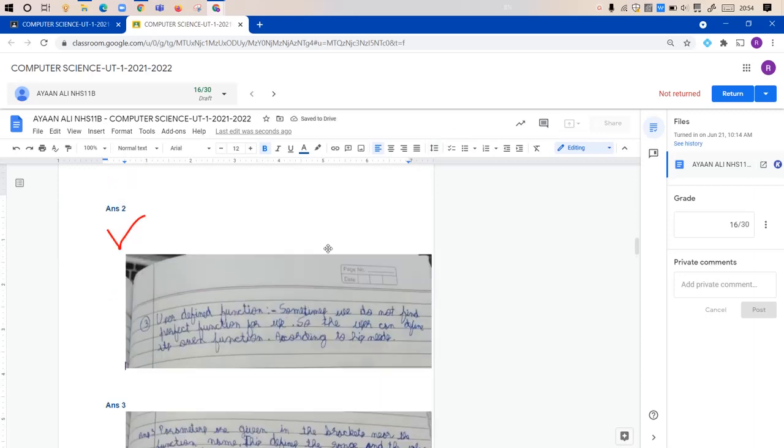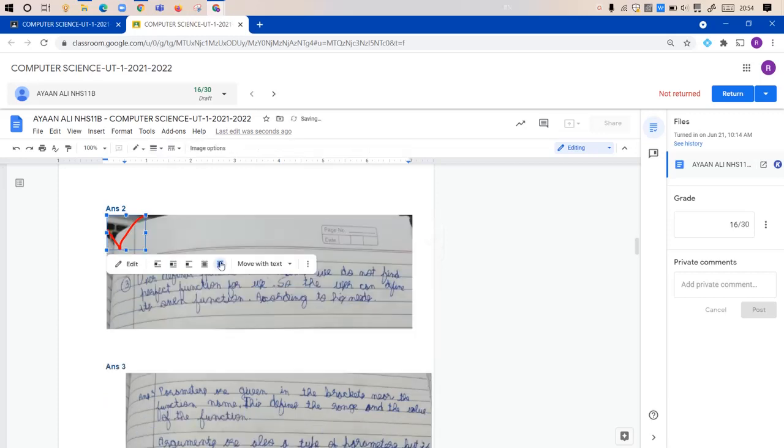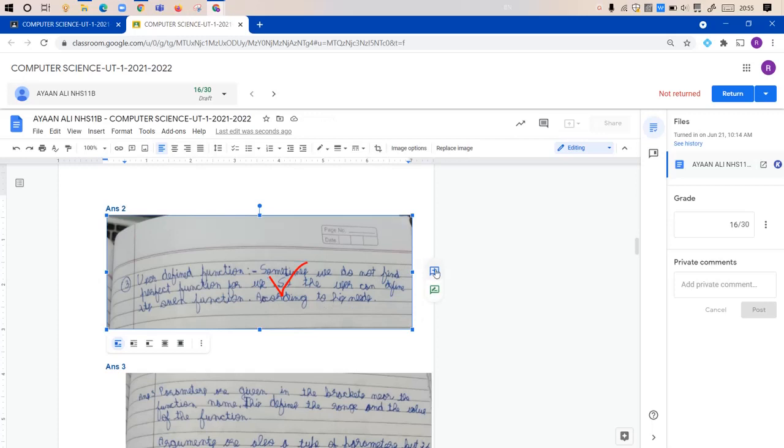Now the tick mark is available in your document, it is inserted in your document, but by default the tick mark will be aligned with the text, in line with the text. I want this tick mark to appear over the images, so just select this tick mark that you have inserted, and there will be options displayed at the bottom of this image, since it's an image, and you will select in front of text. So click on this in front of text option, and now this tick mark can be placed anywhere. So if you think the answer is right, place the tick mark. In comment you can give the marks.